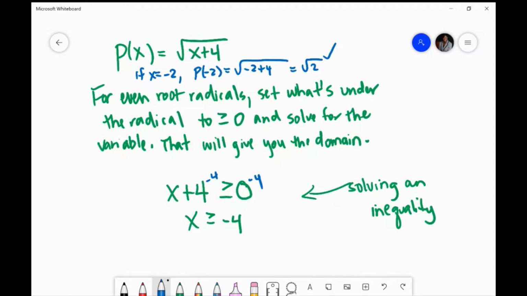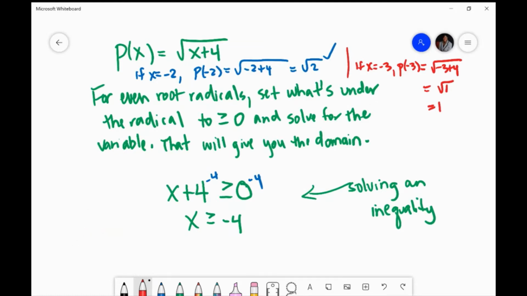What if it was negative 3? If x was negative 3, you would get P of negative 3 equals the square root of negative 3 plus 4, which is the square root of 1, which equals 1. That's fine, right? So that's why the domain is all real numbers